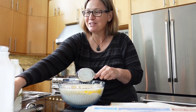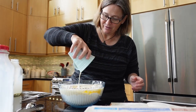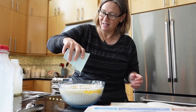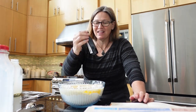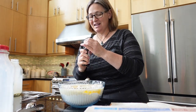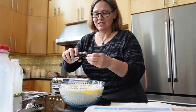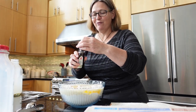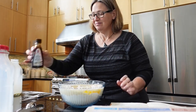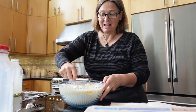I think maybe I need to drink that. I'm just going to add that little bit of melted butter in here. Now I have one ingredient that is not in the recipe that I add, and that is vanilla. I love adding a little touch of vanilla, and I usually just add a nice capful in there. Love my vanilla. And now I'm going to stir it, not too much, enough to break my eggs,